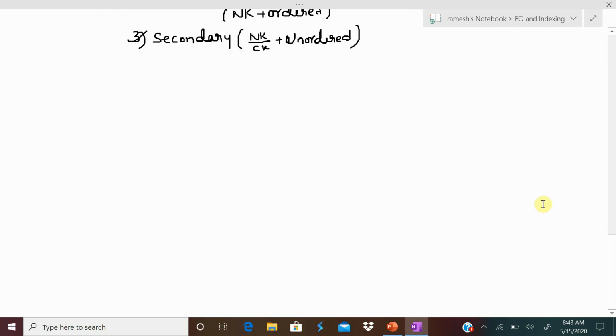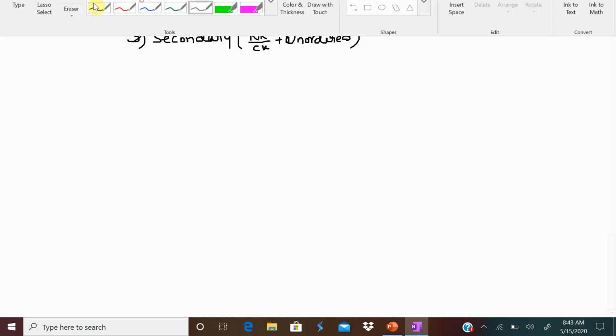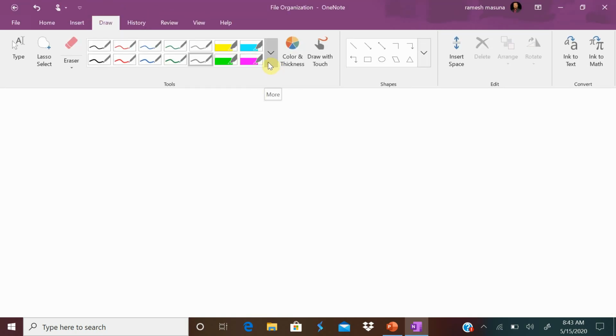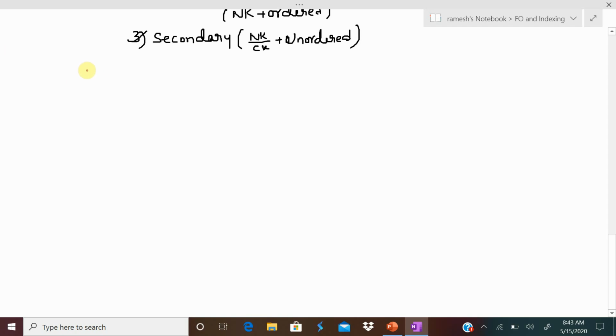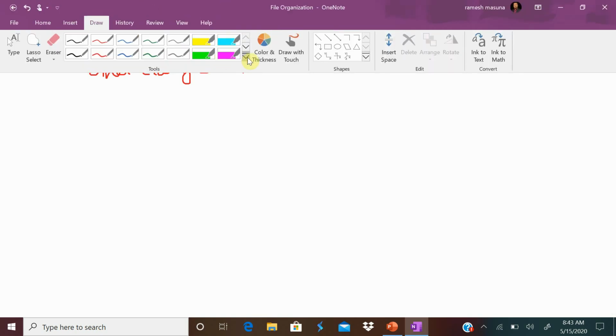Other classification of index. Now look, here we discuss there are two other classifications of indexes called sparse and dense index.